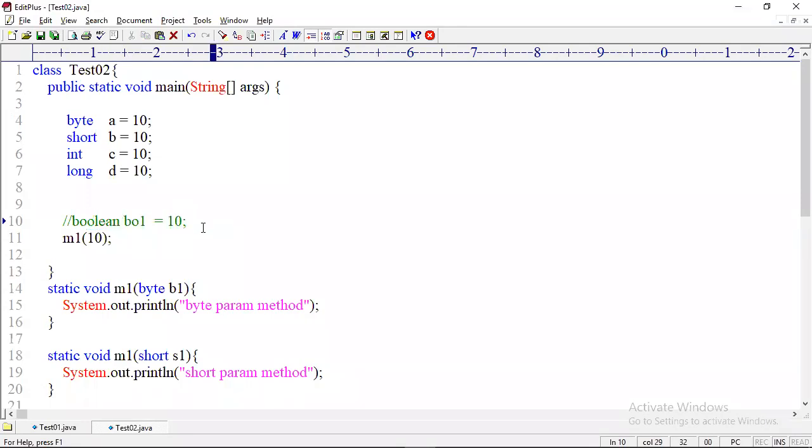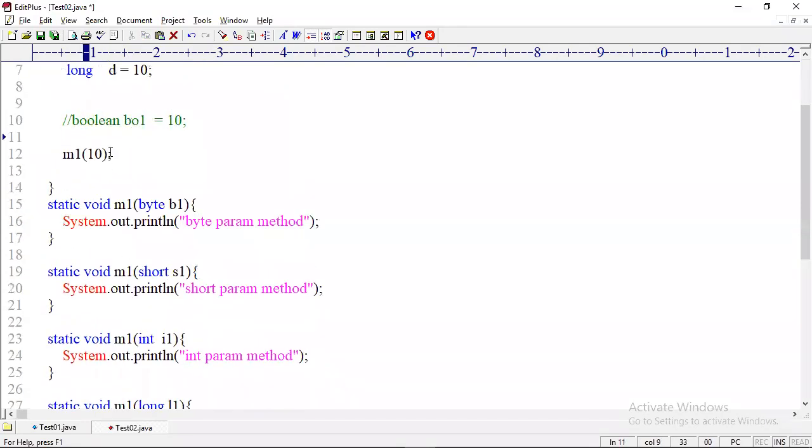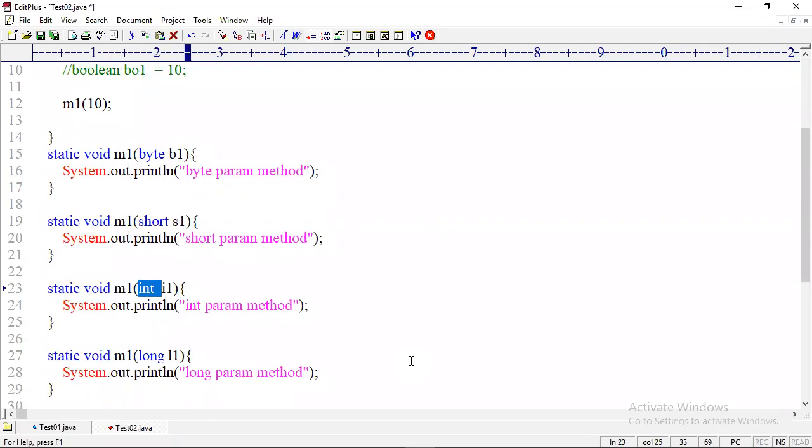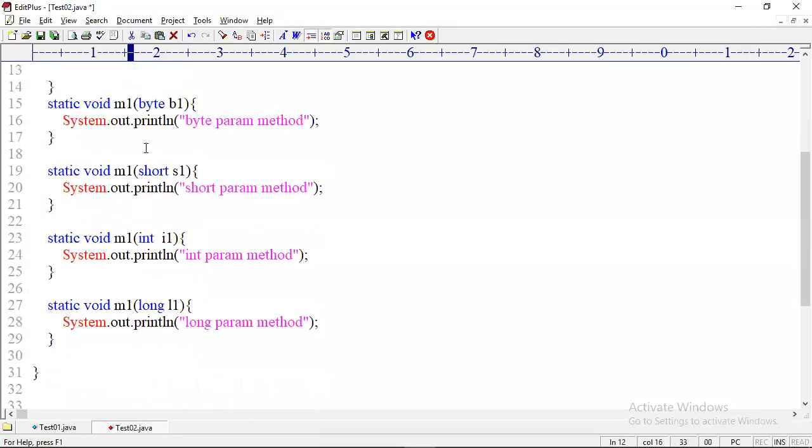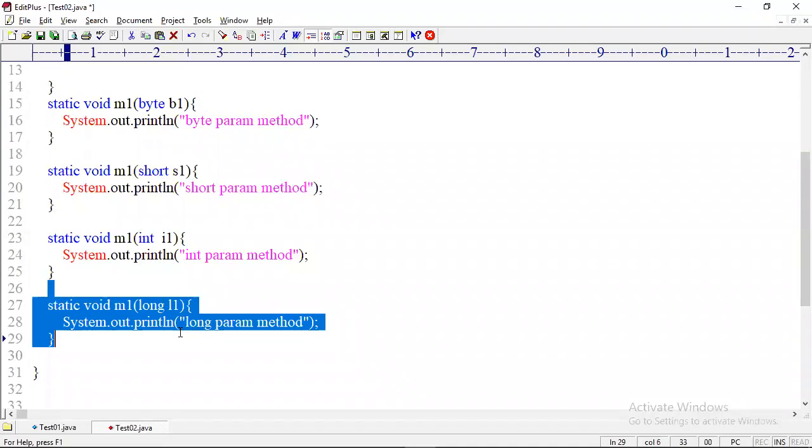Second test case, I have overloaded methods and then I pass 10 as an argument. The compiler and JVM consider 10 as an int parameter, and the int parameter method is executed. Can I hope all you people understand? Then next question. Okay, sir, now int is there. Then how can I represent this 10 as a short type, this 10 as a byte type, this 10 as a long type? By passing this 10, how can I execute byte, short, long parameter methods?